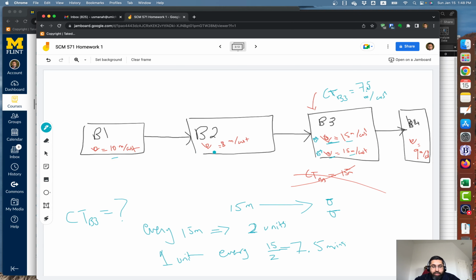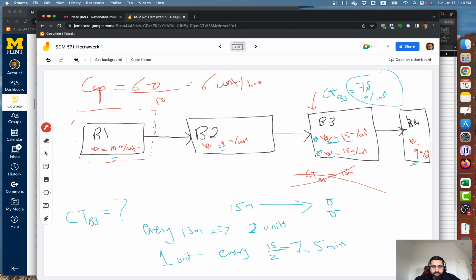So B1 has 10 minutes cycle time, B2 is 8, B3 is 7.5, and B4 is 9. So what is the bottleneck? Because the bottleneck determines the capacity of the process. And you can see B3 is no longer the bottleneck because, averaging, it's giving you a cycle time of 7.5, not 15. And so B1, at 10, is now the bottleneck. So this is now the bottleneck. So in this case, the capacity of the system, in customers per hour, will be 60 over 10, or 6 customers